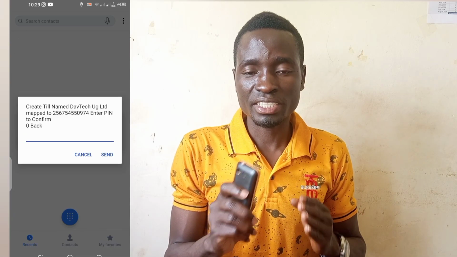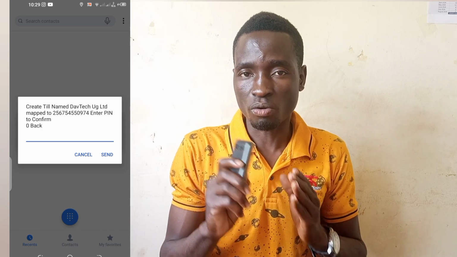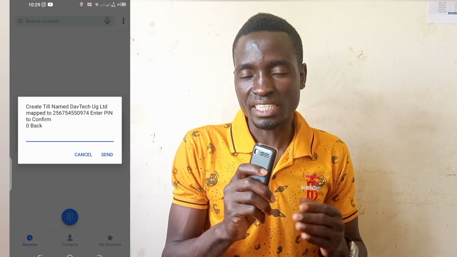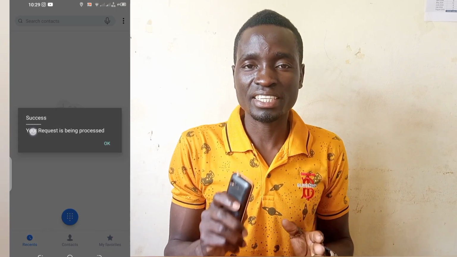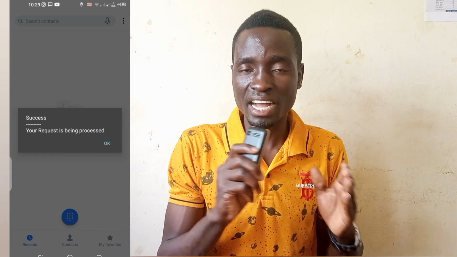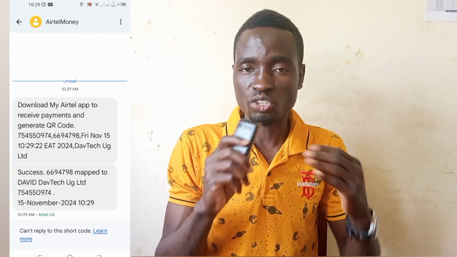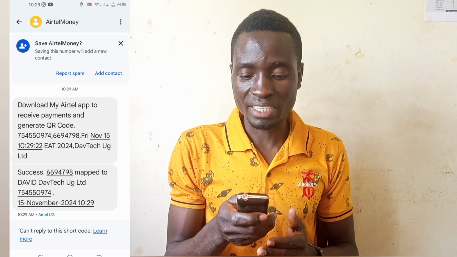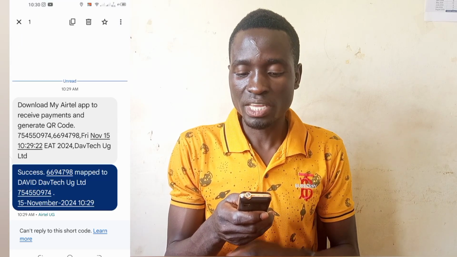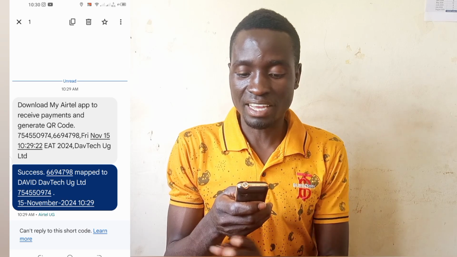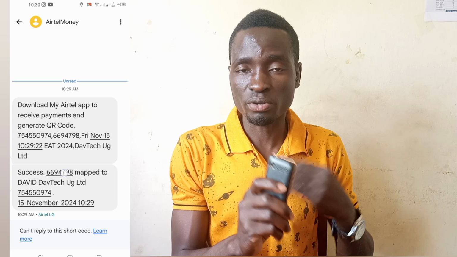After agreeing to the terms and conditions, you enter your mobile money PIN to confirm that you want to get this code. Right, after you confirm, you can see everything is now done and a message will be sent to your phone, whereby you're going to see your merchant number. Now, as you can see, this is my merchant number already generated for me. That is 66,